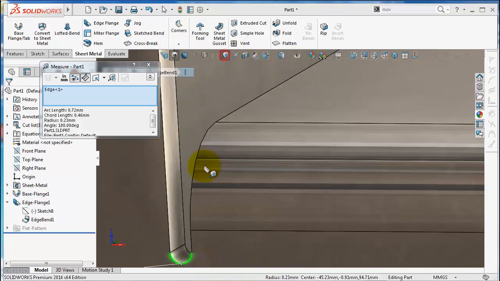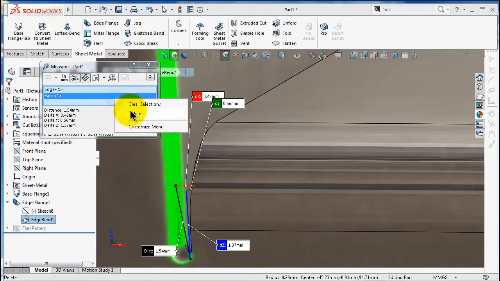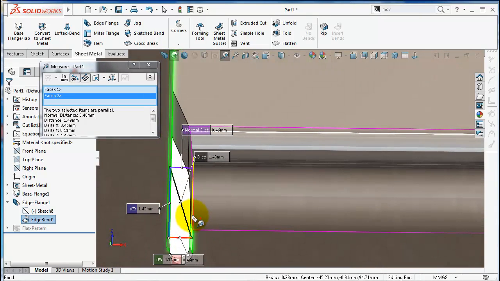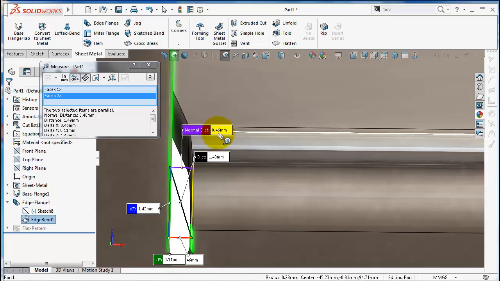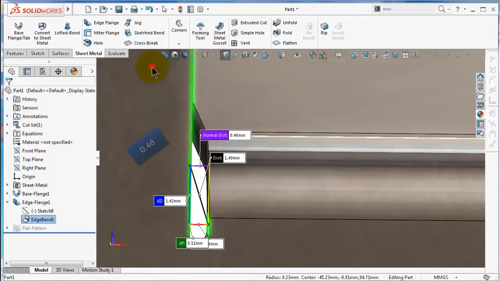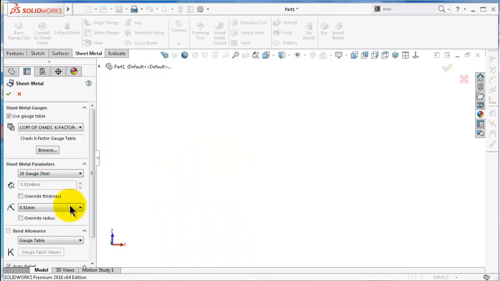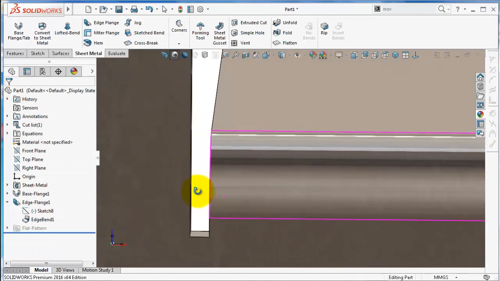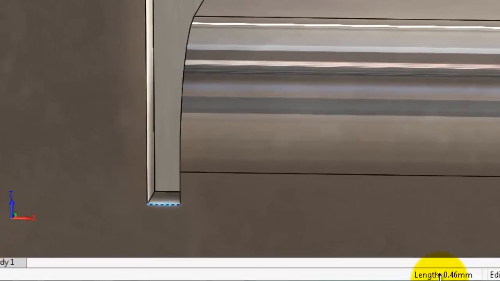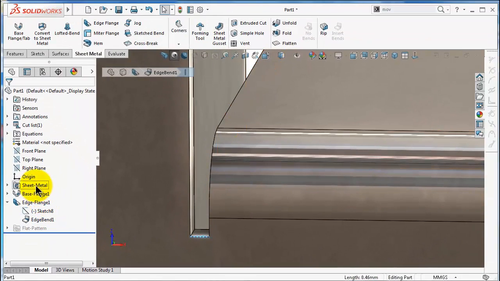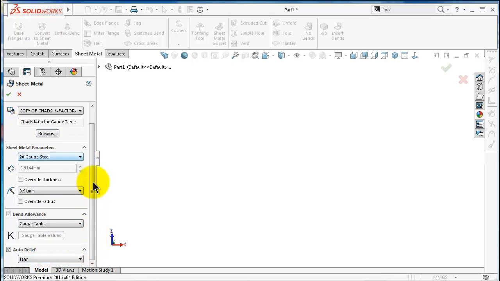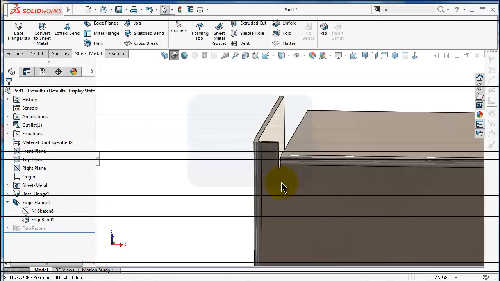If you go to the measure tool, select this face and this face, you will see the normal distance is 0.49. That will be the same distance if you make it rectangular and pick that edge, and you will get the length 0.46. And for the tear, it will not have any gap. So I'll pick the up round, click OK,